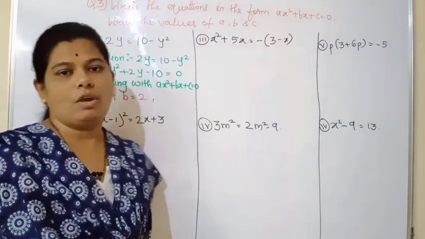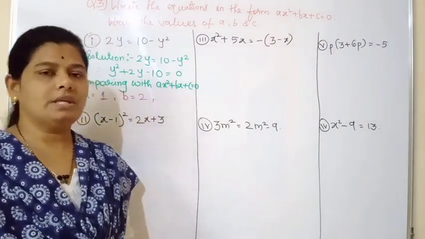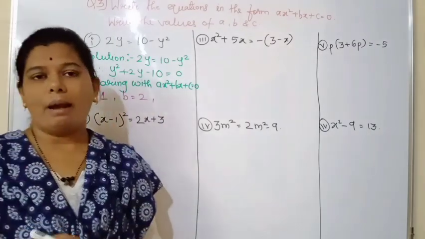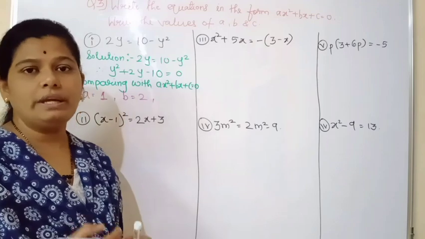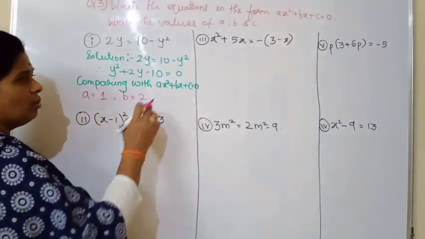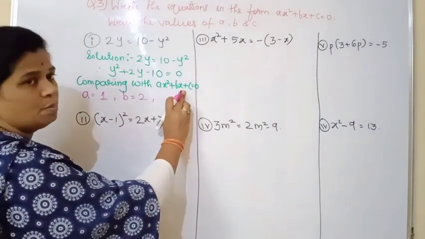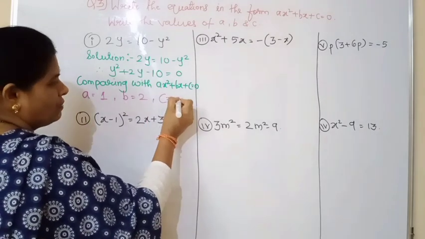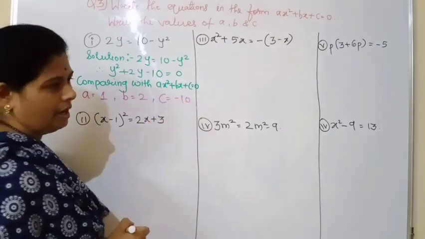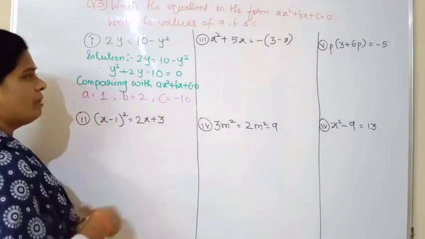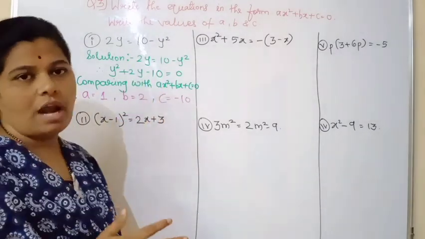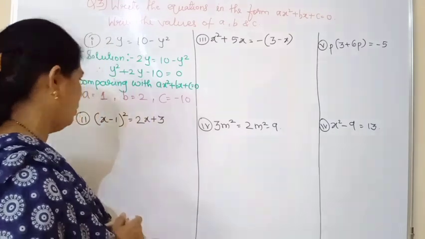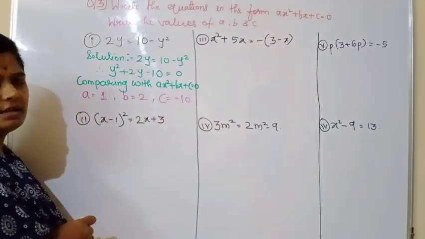Now plus c equal to 0. Here, instead of a plus sign there is a minus, and minus 10. The value of c is 10. Going by the sign, in the standard form it is plus, but here it is minus, so our value of c will be minus 10. In this way we have to compare the equations and write the values of a, b and c. Now we will move towards the second example.